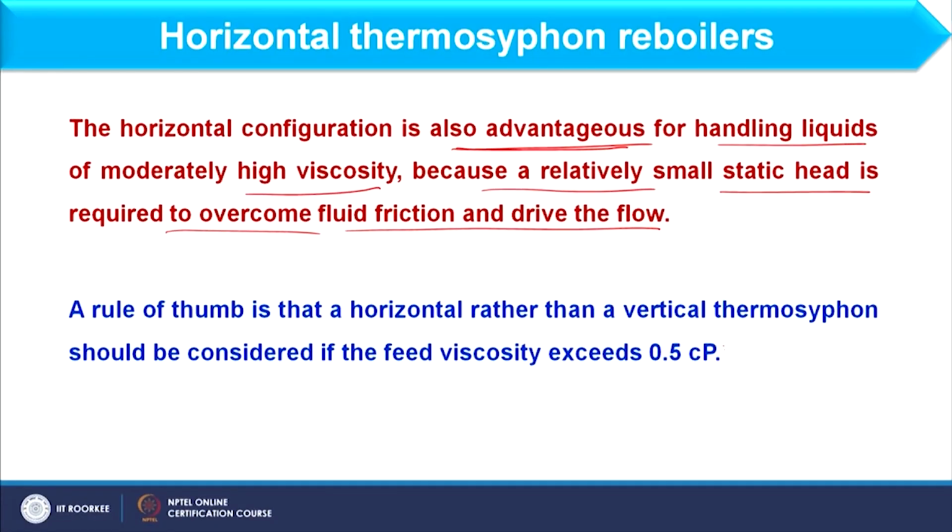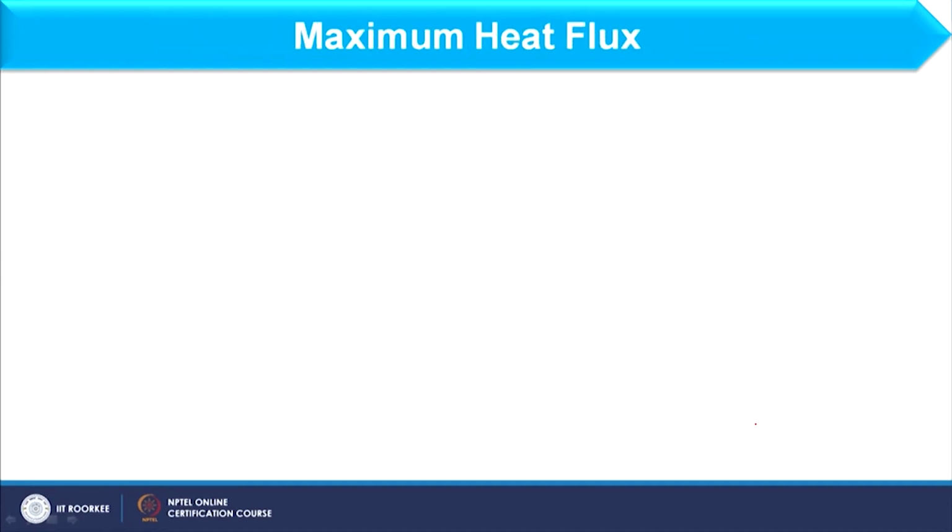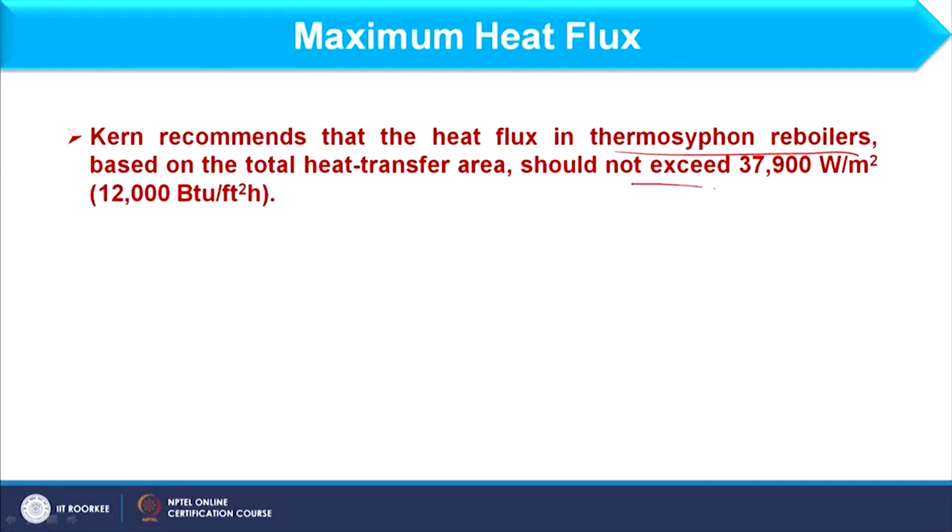And if you see the thumb rule, we usually use horizontal thermosiphon reboiler when viscosity exceeds 0.5 centipoise. So, you can choose thermosiphon reboilers accordingly. Okay. And now we will focus on the maximum heat flux, because to start design of thermosiphon reboiler, we should focus on maximum heat flux, because heat flux whatever is available in the system should not exceed. So, what is the maximum limit of this? As far as thermosiphon reboilers are concerned, Kern recommended that the heat flux should not exceed 37,900 watt per meter square, right. So, we should take this value to start the design,